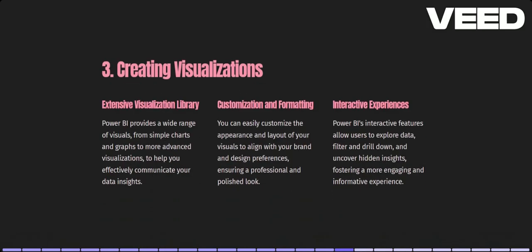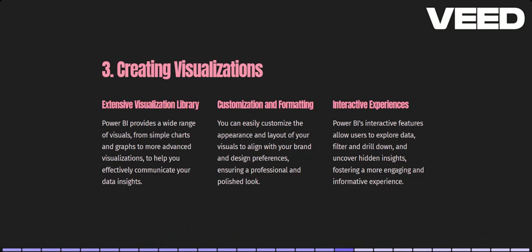Up to now, we have connected data, transformed and cleaned the data, and for modeling we have seen the different things we have to know. The next thing is to create visuals. Now everything is fine: the data is clean and transformed. Creating visuals is the next task. Visuals are simple charts or graphs used to create advanced visualizations that effectively communicate data insights.